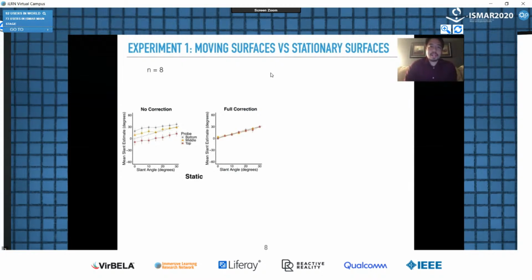But first, let us focus on the static surface condition only. Here, I'm plotting the mean slant estimate aggregated over 8 tested observers as a function of the surface's true slant angle. The gray data points represent local slant estimation near the bottom of the display, yellow the middle of the display, and red near the top of the display. The plot on the left shows performance when there was no distortion correction applied, and on the right is when the distortion was fully corrected. The dotted line represents veridical perception. You can see that in the absence of distortion correction,